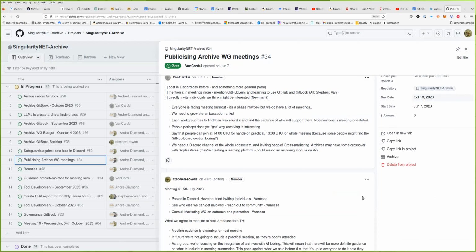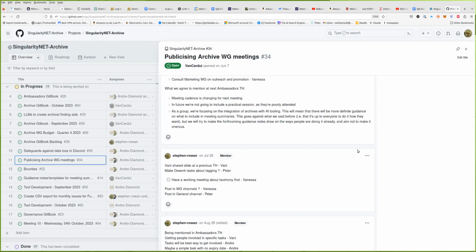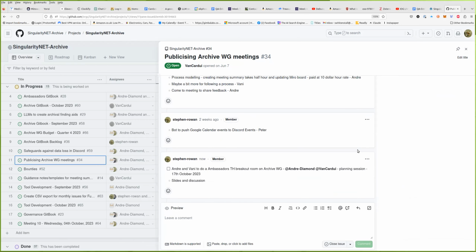It is free. I feel like I've been doing little bits and it hasn't had much result. If we do something that results in people being a bit more aware of the archive workgroup, if we manage to achieve that, then maybe if there's budget left at the end of the year, we should look at it.